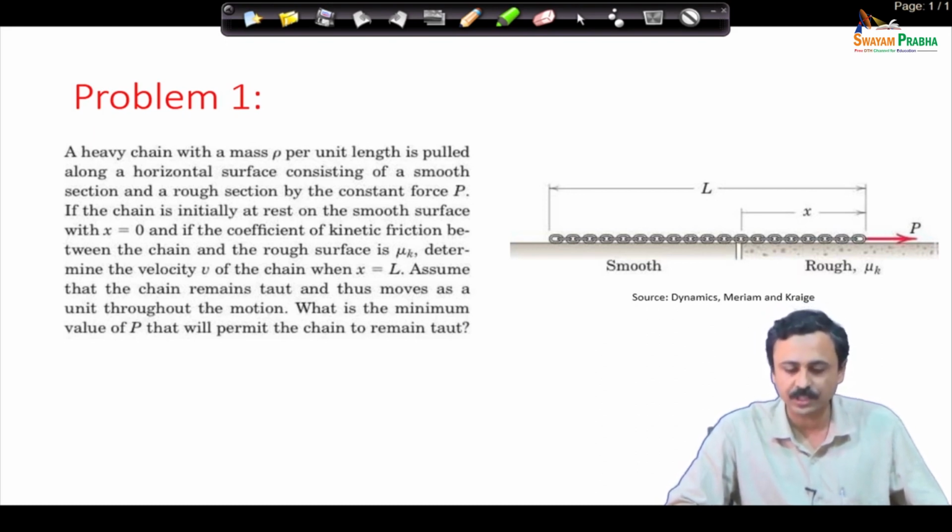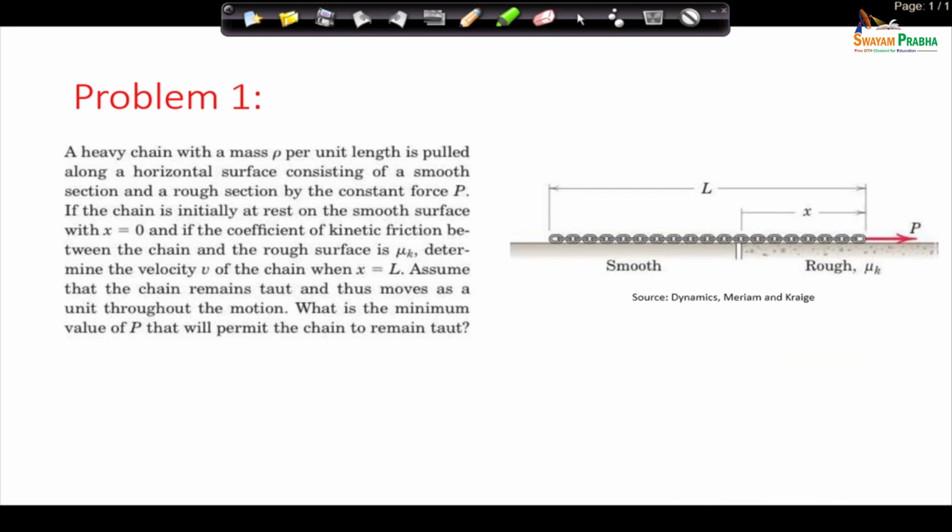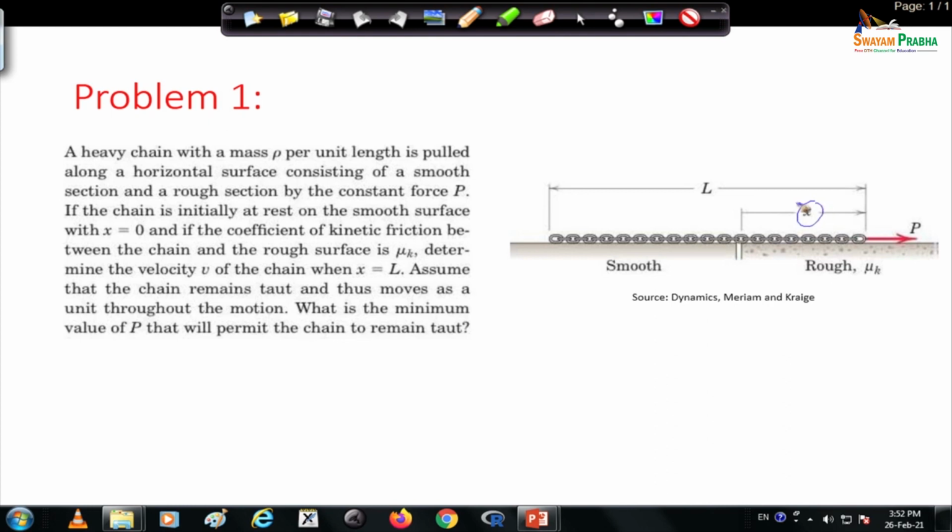The problem says a heavy chain with a mass rho per unit length is pulled along a horizontal surface consisting of a smooth section and a rough section by a constant force P. You can see in the figure. If the chain is initially at rest on the smooth surface with x equal to 0, x is shown here, and if the coefficient of kinetic friction between the chain and the rough surface is mu k, determine the velocity v of the chain when x equal to L,